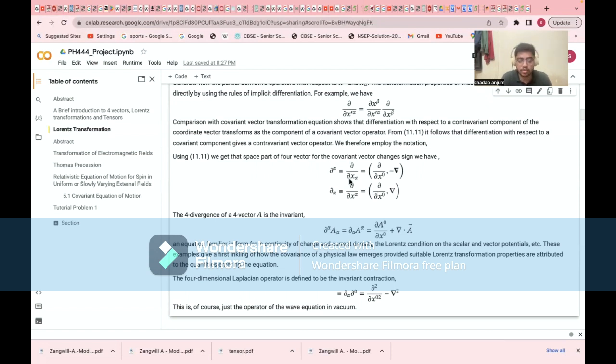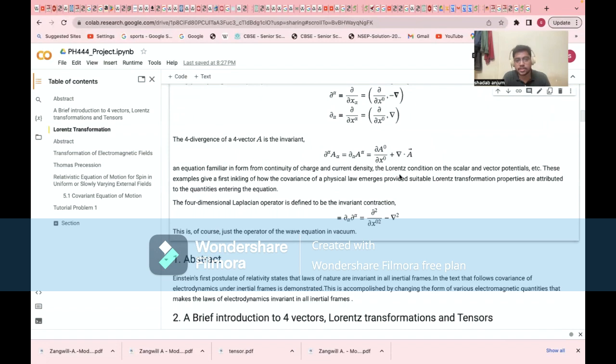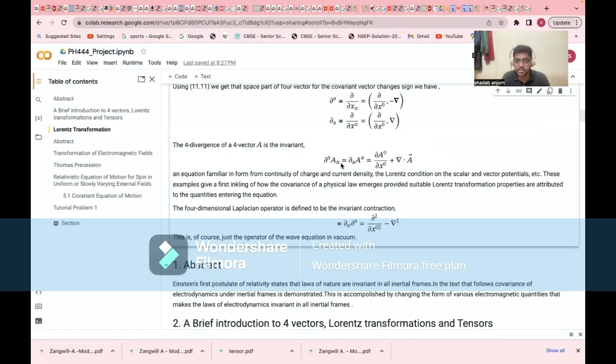The covariant form for this, with respect to covariant components, is just ∂ over ∂x⁰. These terms are the same, and these terms are just negative because of the metric tensor conversion. So the derivative will also have the negative come out, and this will be a negative gradient. The four-divergence is defined as ∂_α A^α, which very simply comes out to be this,